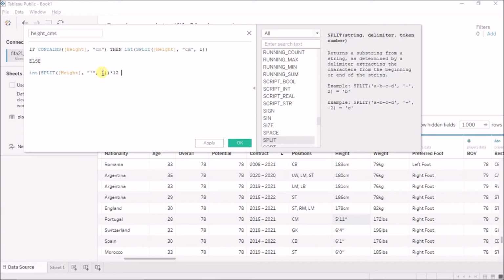Okay, and I'll just first make this an integer as well because this will be by default a string, and I'll multiply this by 12 to convert it to inches, and then I'll have to grab this 11 inches part or 4 inches part. So how do I do that? Again I'll say split the height string upon the delimiter of the single apostrophe and give me the second part. So once I have the second part, I now have 11 inches, 4 inches, 1 inches and 0 inch.